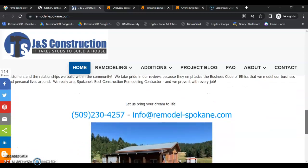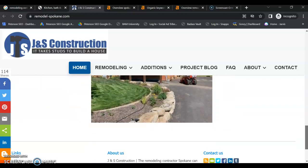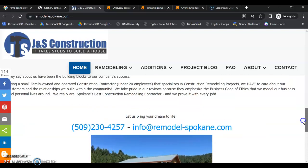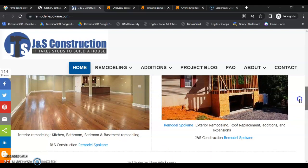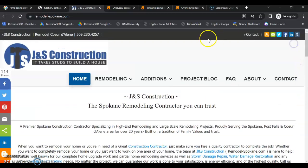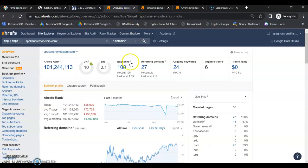So these guys are definitely beatable, but you do have to work on your content and keyword strategy. And then you will have to support your website with SEO, because without search engine optimization, you will not be found online. So if we look here, you have a score of 0.1 out of 100 in